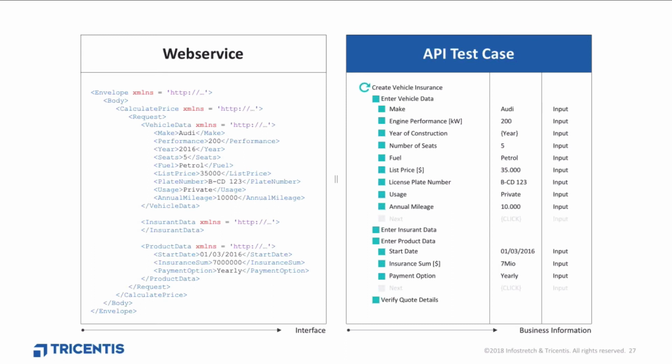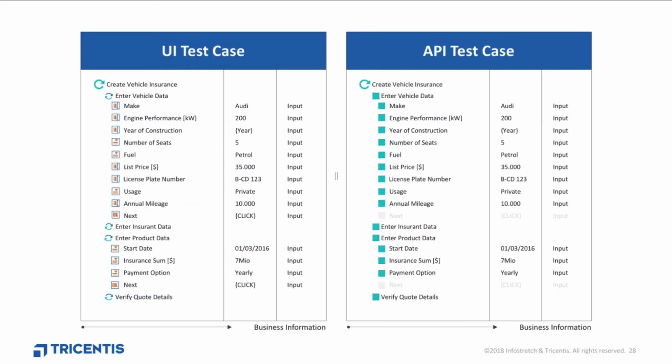And here we have a typical API test case in Tricentis Tosca. The actual definition of the web service on the left-hand side may look a bit frightening and technical, but if you look at the test case itself, it still should be possible for anyone to get the idea of what is done here. Now let's put the API test and the UI test side by side. Don't they look almost the same? Seriously, both are just another abstraction layer in a human-readable form for our application and the test.